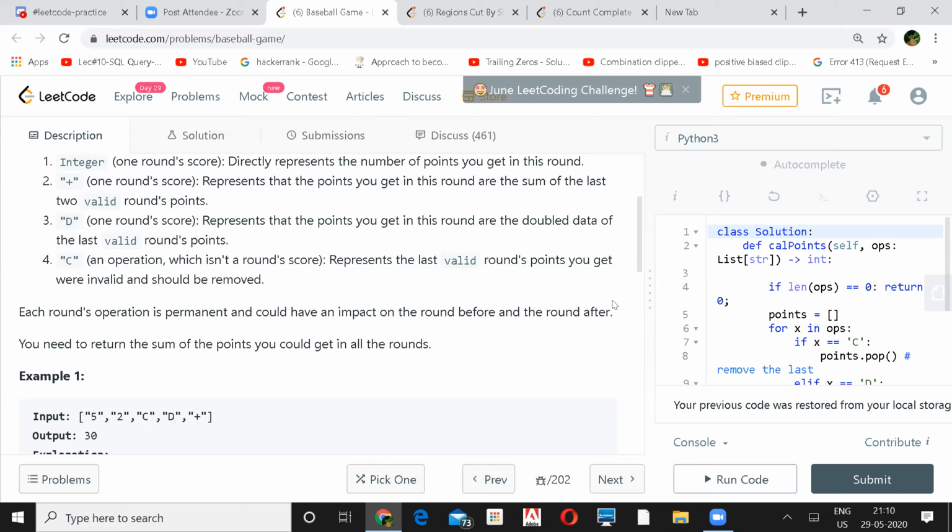And now you have a plus sign. So when at a plus sign, I think you have 5 and 10 in the stack. Those are the last 2 valid entries, and you add those last 2 valid entries to the sum. So you get answer 30. Yeah, that makes sense.